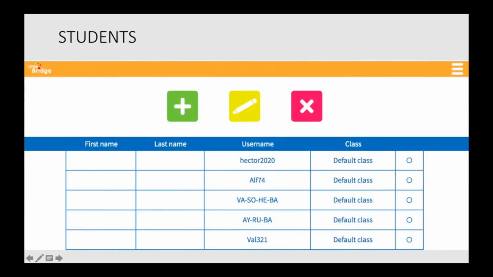So this is how we add teachers, and we do it with the administrators. Then the second icon is for students. Let me tell you that all the students are already uploaded in the platform. So once you know your username, you need to know the code that we have used. And the code is la clave del centro de trabajo.